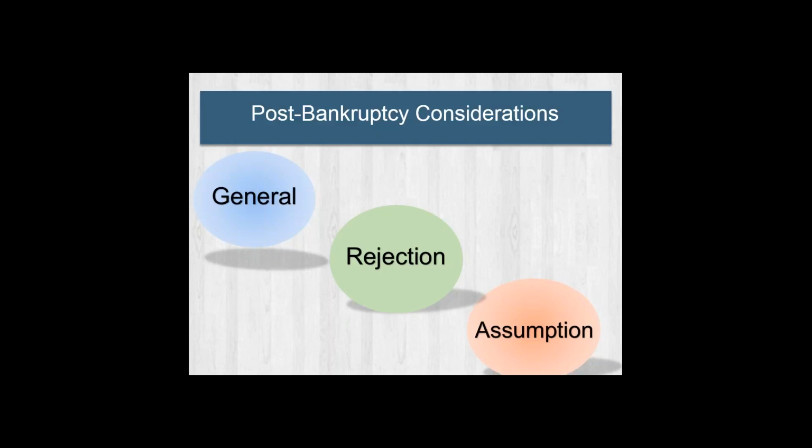So we've talked about prompt cure. How about paying the damages incurred by the landlord by reason of the bankruptcy filing and the breach of the lease? Landlords are entitled to damages. Those damages clearly include the attorney's fees and other costs that they incur in connection with the default under the lease. They are entitled to that only if the lease itself has an attorney's fees provision,